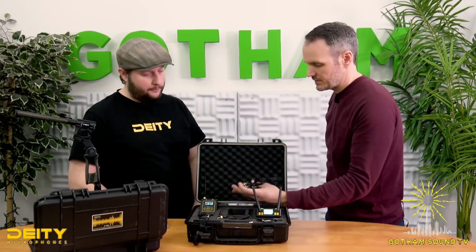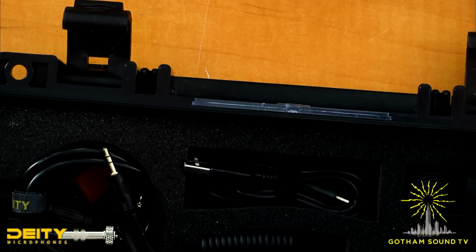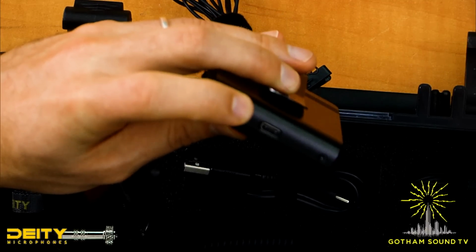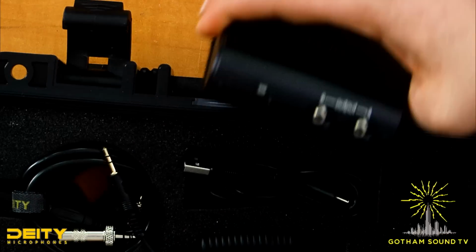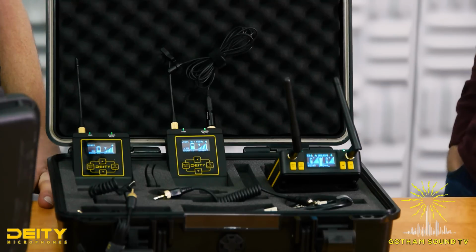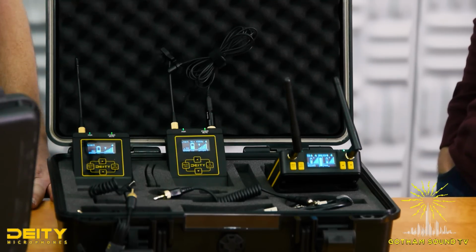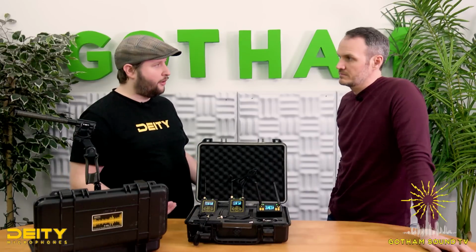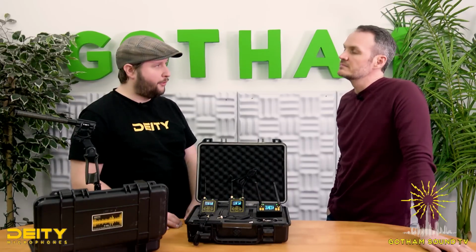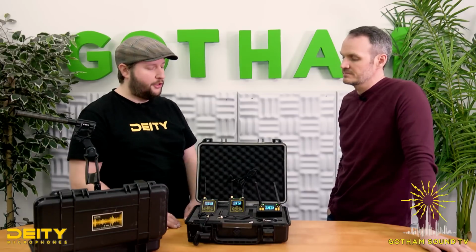Let's look at this real quick. There's a USB-C charger right on the bottom of each of these transmitter packs, and we even have one on the bottom of the receiver itself, so you can charge that up. Even if you're running it in an audio bag, you can just run the cable in the bag underneath. A lot of mixers now can take USB, like the MixPre series. So you just buy a nice cell phone battery with USB-C, and you're able to charge this along with